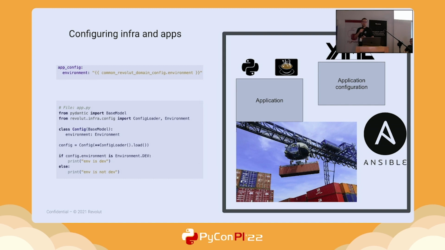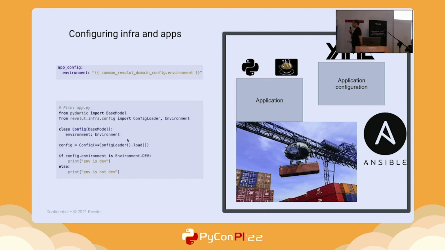So at the top, you see, let's say, the absolutely minimum configuration, so a simple YAML file with a single variable called environment at the top, which essentially contains some value. And in the screen below, we saw some code which simply allows loading this YAML file into a Python object.